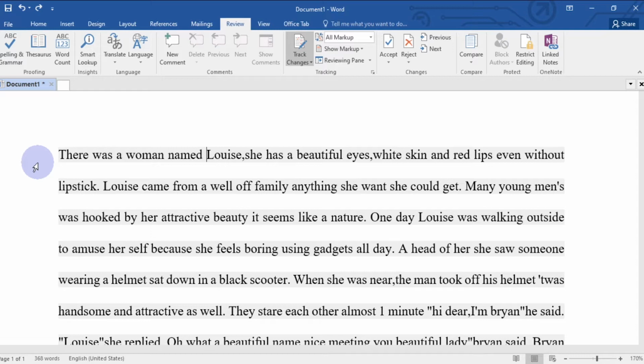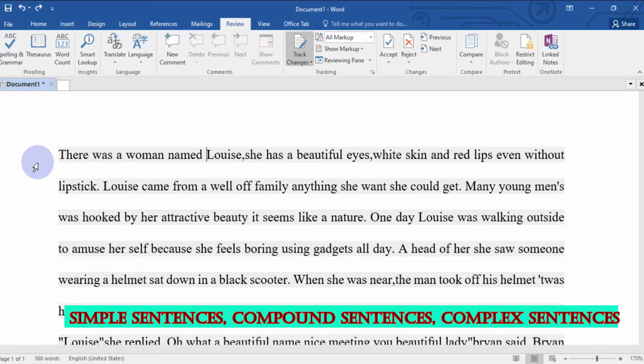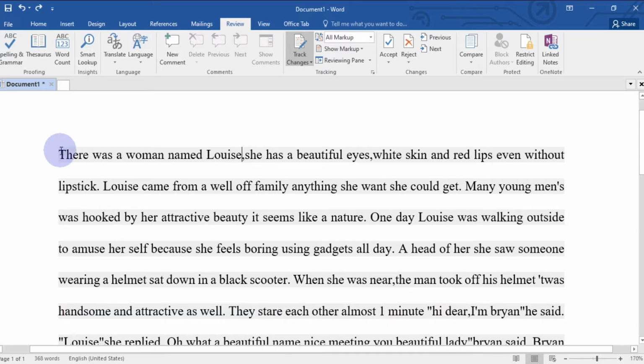First of all, I'd like to note that there are three types of sentence compositions. There's simple sentences, compound sentences, and complex sentences. Here we have a complete simple sentence that has one independent clause. There was a woman named Louise. And because it's complete, it should be ended with a full stop, not a comma,